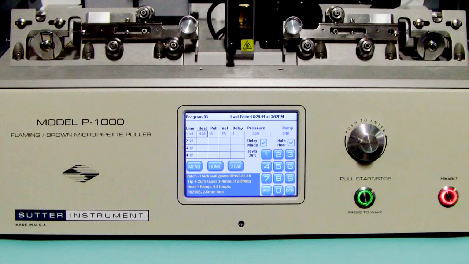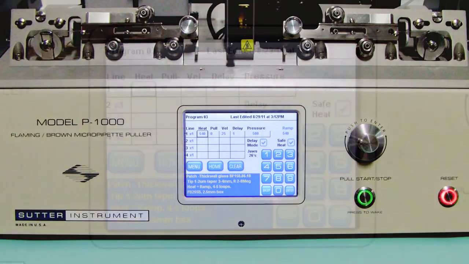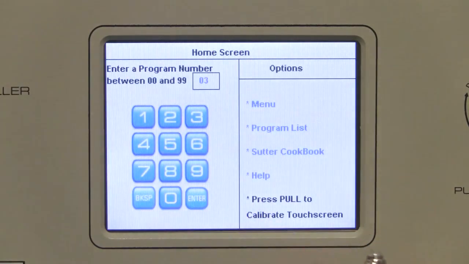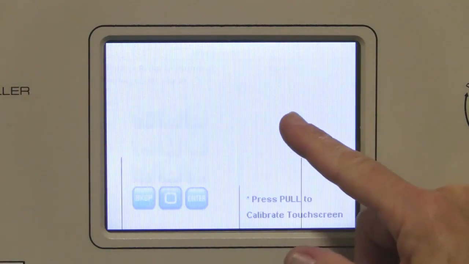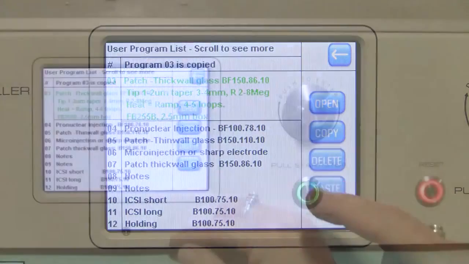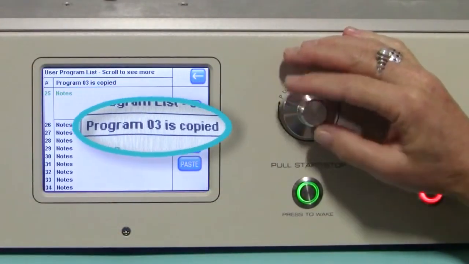On the P-1000 puller, copying a program is started from the program list. So if you have a program open, press the Home button and then select Program List. The last program that was open is automatically highlighted. In our case, that is program number 3, which is the one we want to copy. Press the Copy button. The status line in the top part of the screen reports that program 3 has been